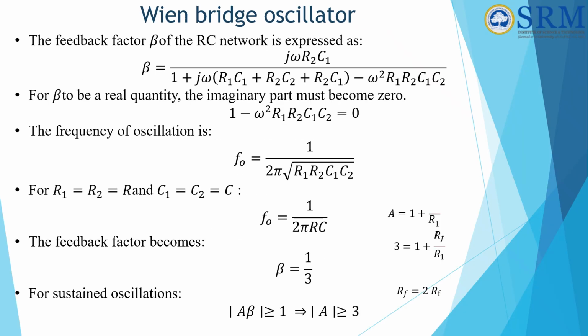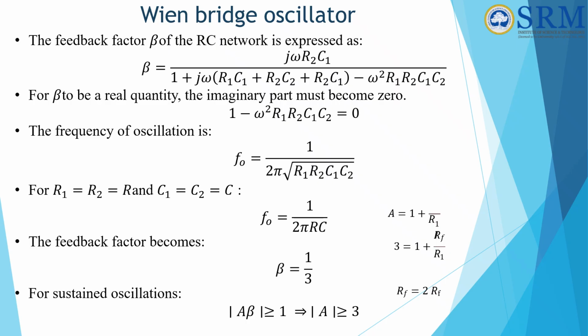The feedback factor beta of the RC network is expressed as j omega R2C1 by [1 plus j omega (R1C1 plus R2C2 plus R2C1) minus omega square R1R2C1C2]. For beta to be a real quantity, the imaginary part must be equated to 0. So 1 minus omega square R1R2C1C2 is equal to 0. So we can find out F0 from the omega value. F0 will be equal to 1 by 2 pi root of R1R2C1C2, where F0 is the